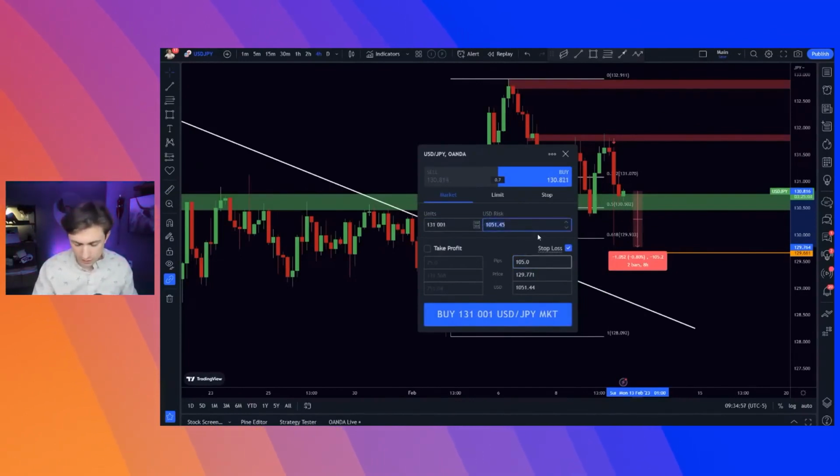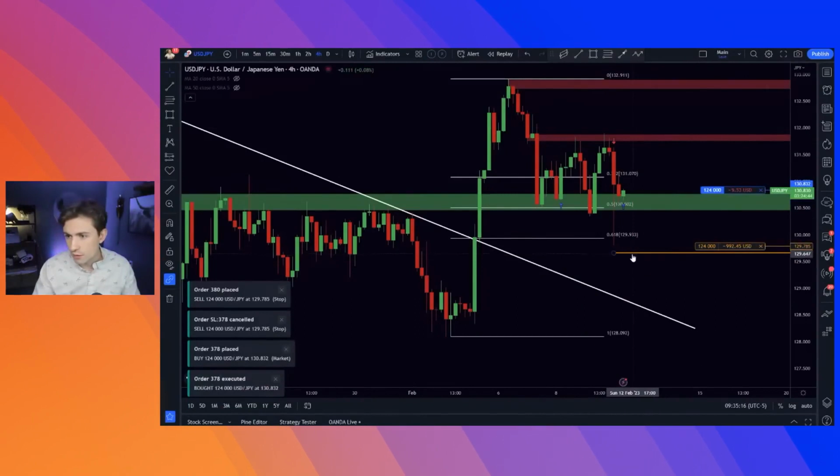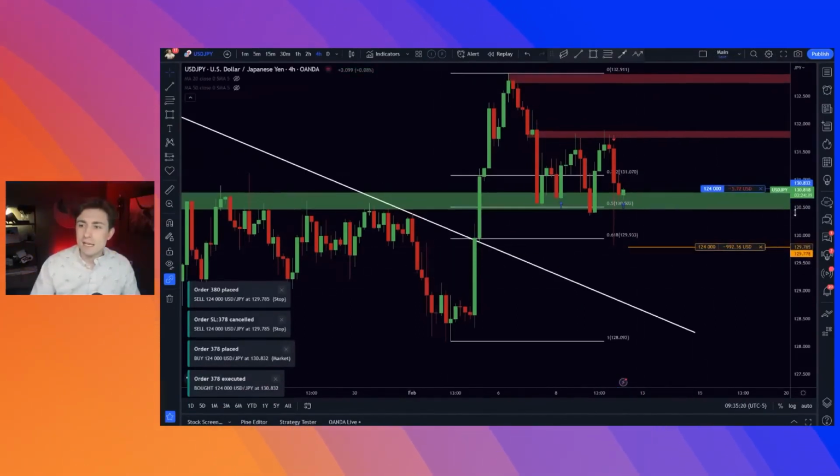And we want to go ahead and go for a stop loss, 124 units. I'm just double checking and making sure everything is correct. And stop is, like I said, below the lows here. We're going to go ahead and click buy. I'm in the trade. There we go. Everything executed there. We can update this stop loss just a bit. There we go. Perfect. And entry is in.